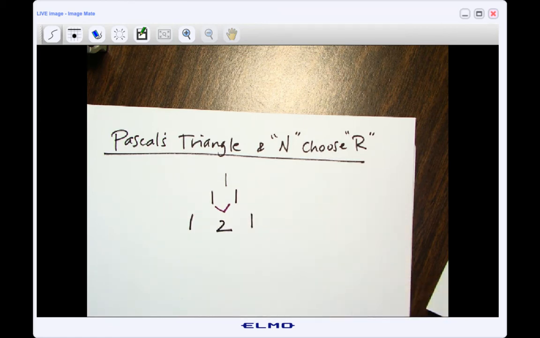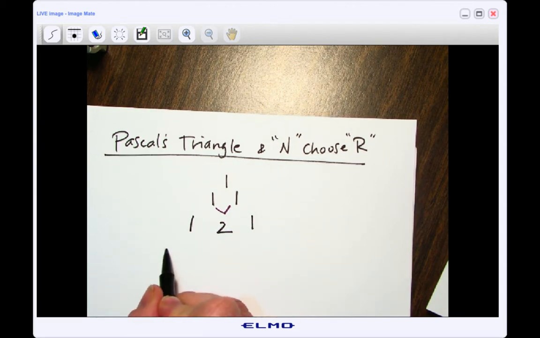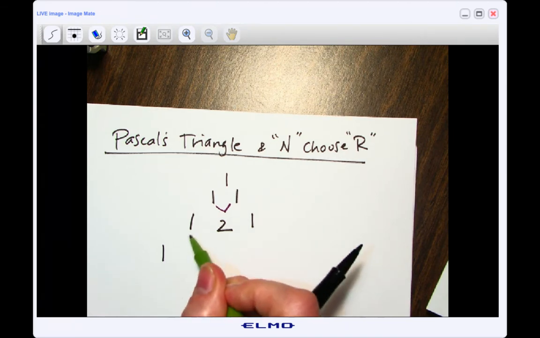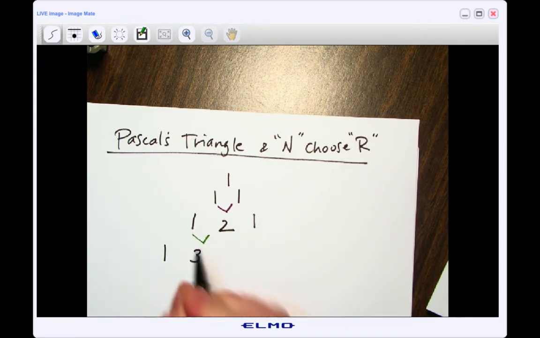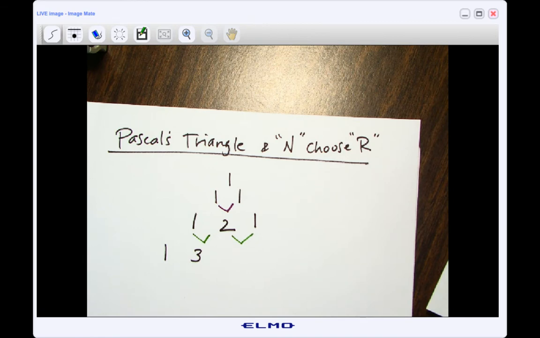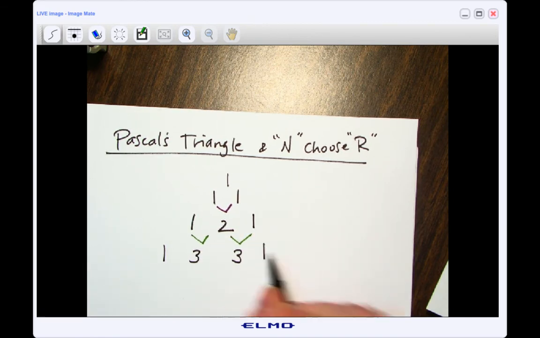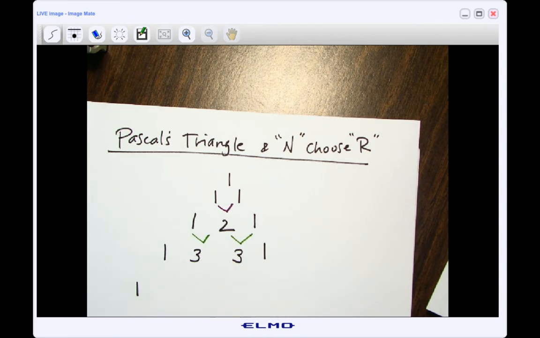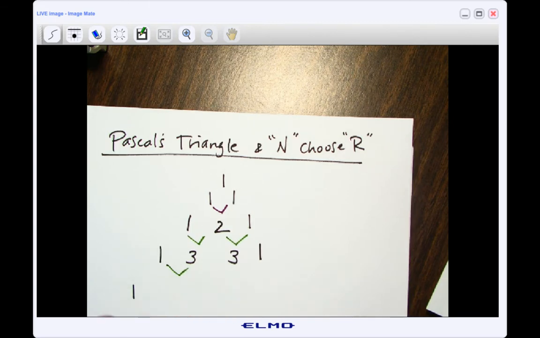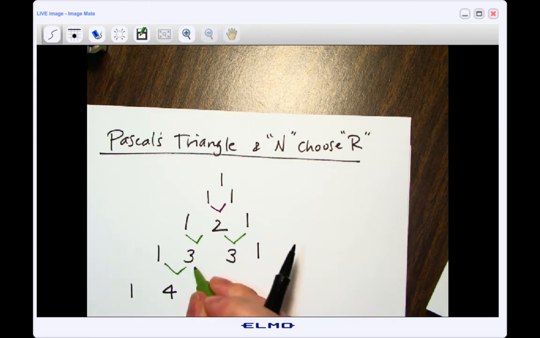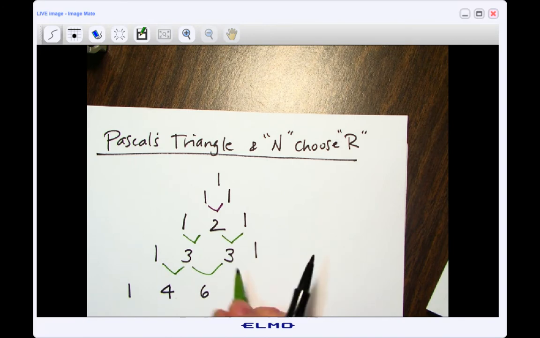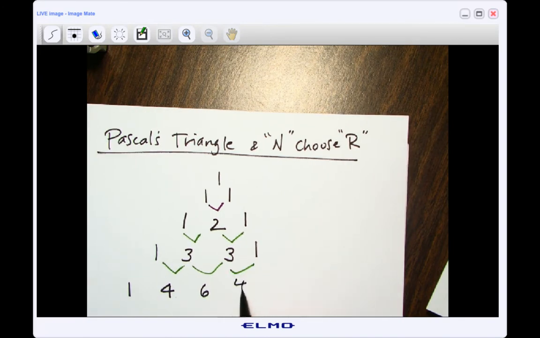Now my next row is going to have more numbers in it, but I'm going to start with a 1, and then I'm going to add these two and get a 3. And I'm going to add these two and get a 3. And then I'm going to add the 1. So we are always adding 1s onto the front and the back. And then the ones in the middle, you're just adding these two numbers that are on top. So 4, 6, 4, 1,